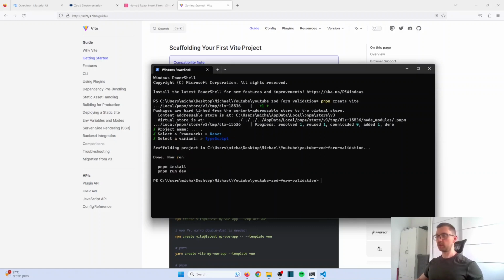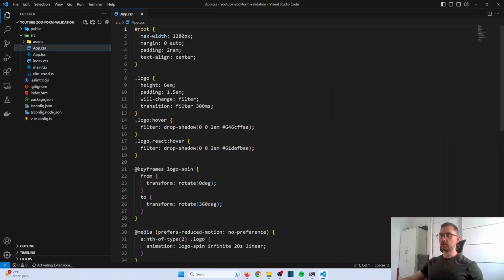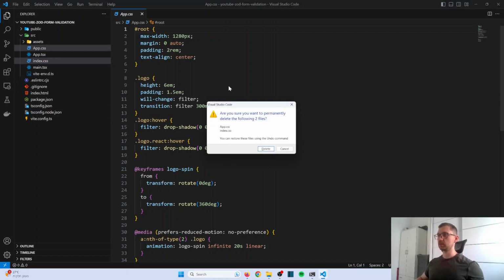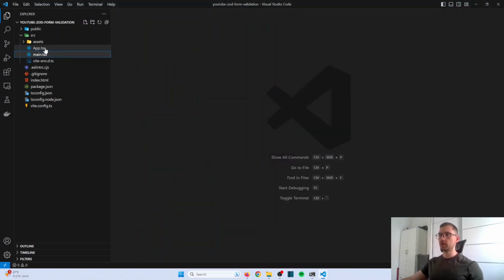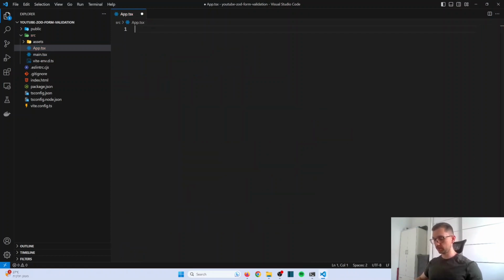So now we can open the code editor, so code. All right, so this is the folder structure, very basic one. Let's already delete all the CSS files. So delete this one, and basically that's it. So get rid of them. Let's get rid of everything over here. So select everything and